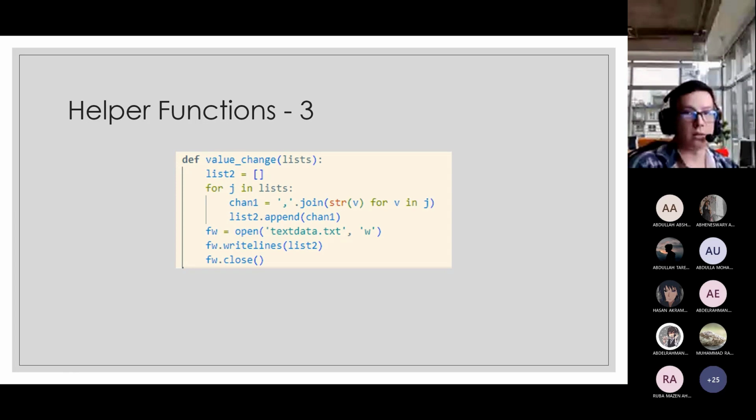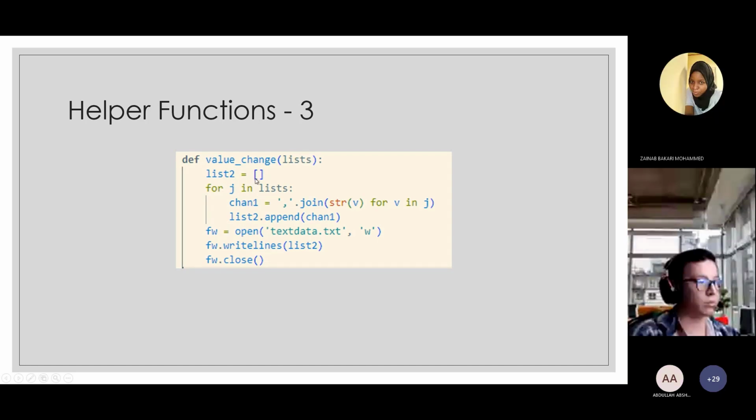We have lists, so it provides a list, and we have list two, or just an array, we can say, and we are iterating through that information here. And as you can see, we're using a little bit of a tricky part of Python, I mean syntax sugar. So we're just iterating the given information here with J, and we have a CHAN1. That iterates through all the information given and turns the values into strings,